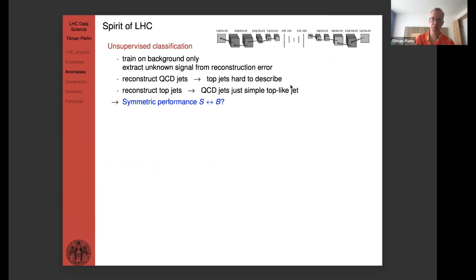So the first one is really just capturing the spirit of the LHC as a discovery machine. If you think about it, when we built colliders, hadron colliders, or the LHC, most of the stuff that you will produce is just quark and gluon jets, right? You produce quarks and gluons, the interaction is QCD, you produce jets. And you can produce tons of them, huge amounts of them. Actually, so many that you can't even write them on tape, and nobody's interested in analyzing all of them. And also nobody could analyze all of them because there are way too many.